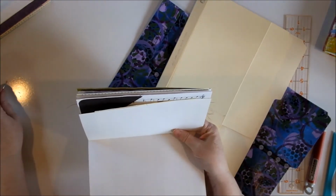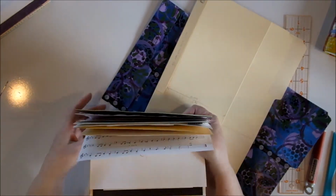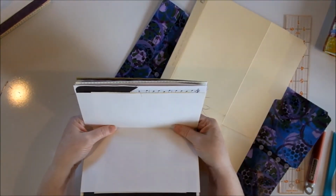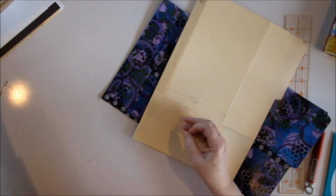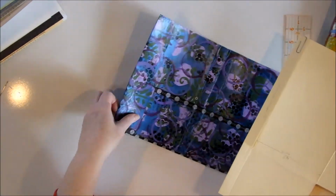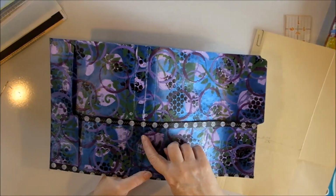You're going to do several things. You're going to make sure that your papers are laid out the way you want them. You're going to make sure they're all nicely lined up, and temporarily I just put a little clip on them and set them aside. Now in the spine of your file folder, your cover, there are 3